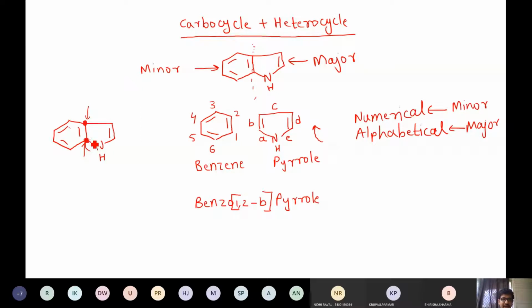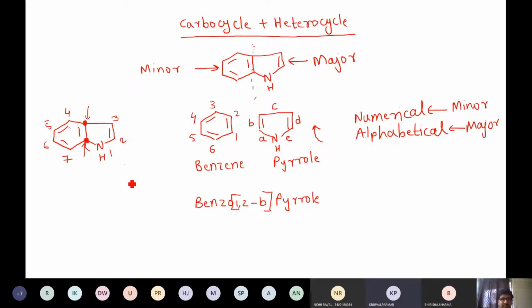So if you consider this particular system, we can start numbering from this nitrogen: 1, 2, 3, 4, 5, 6, and 7. Now, sometimes these bridge carbons can get the alphabet A, something like that. So this will be called 7A. This can be called 3A, something like that. So you need not define it all the time. What we are looking for is the position of hydrogen. Are you with me, all of you? Yes, sir.